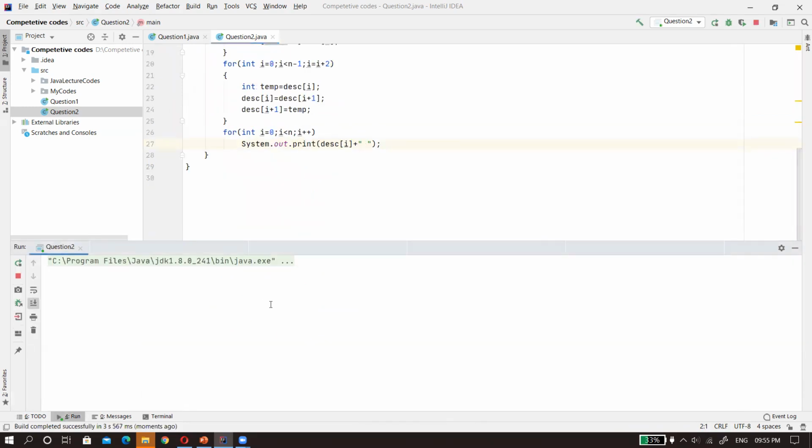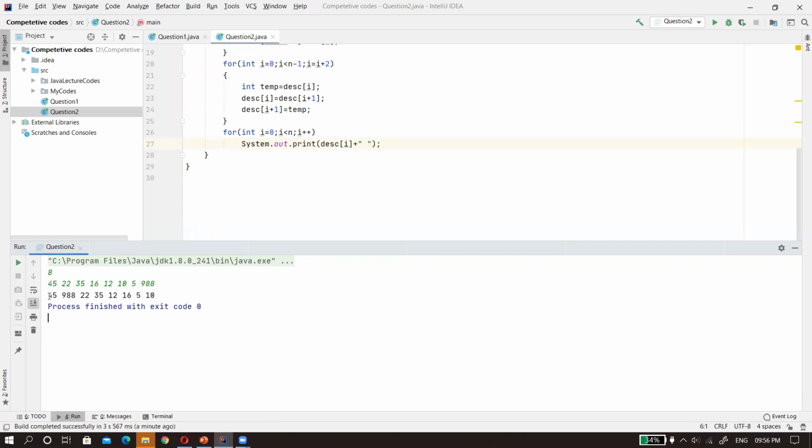Now it's running. First I have to pass the number of elements in the array. Let me pass 8. I am passing a random array: 45, 22, 35, 16, 12, 10, 5, 988, 56. How many elements are there? 1, 2, 3, 4, 5, 6, 7, 8. Okay, so let me remove one. Now you can see it is sorted in a wave format.